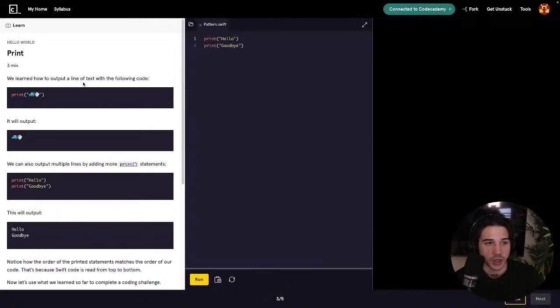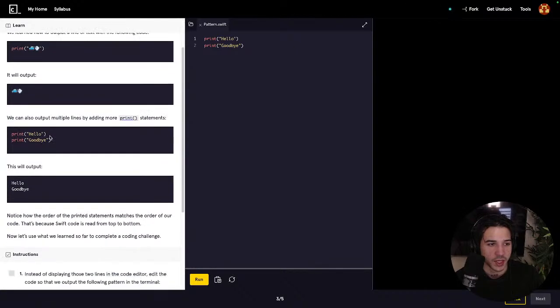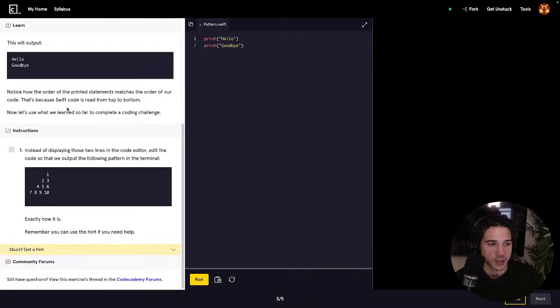We learned how to output a line of text with the following code. It will output that. You can also output multiple lines. So instead of displaying those two lines in the code, edit the code so that we output the following pattern in the terminal. Okay, so